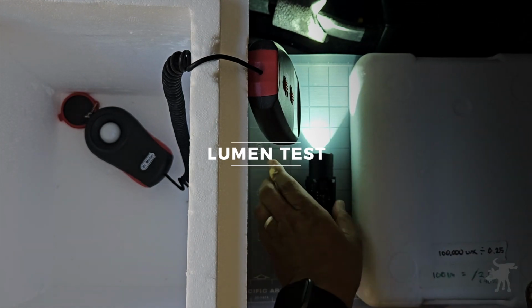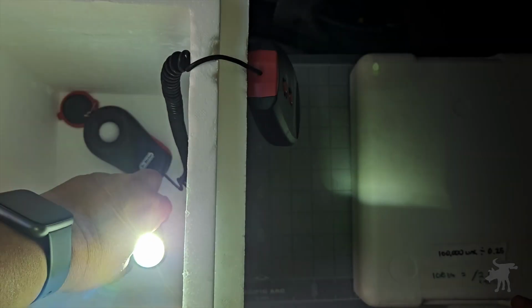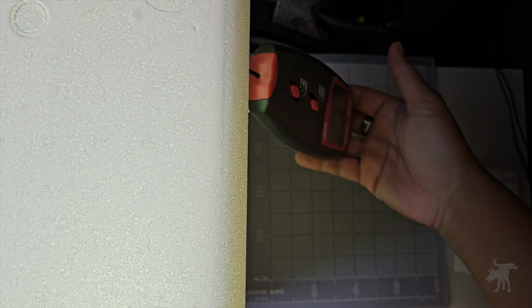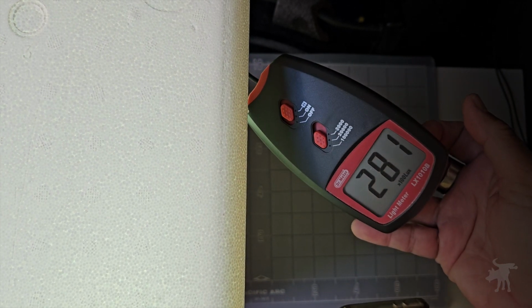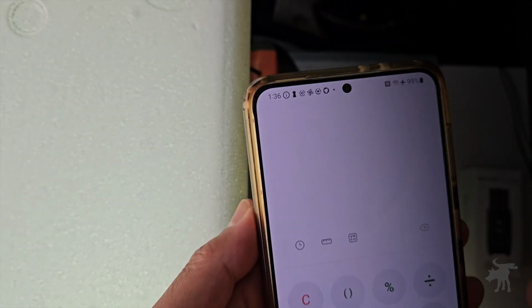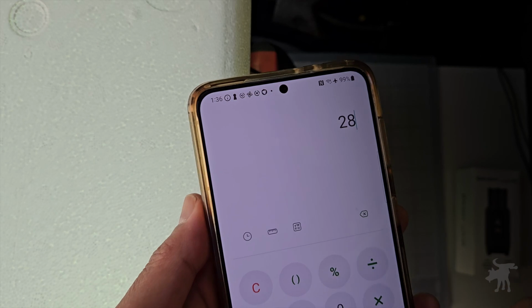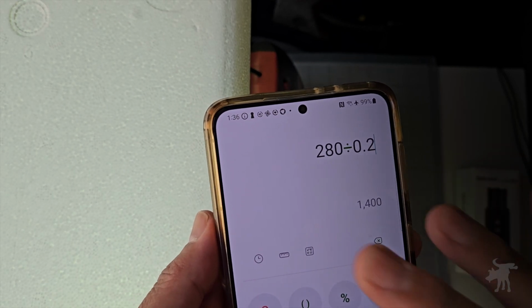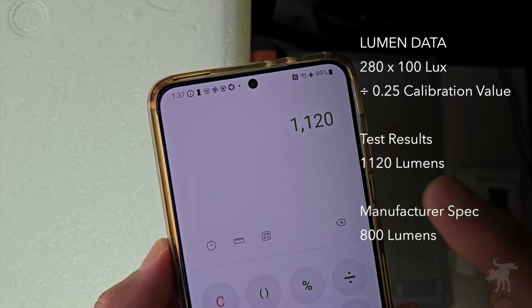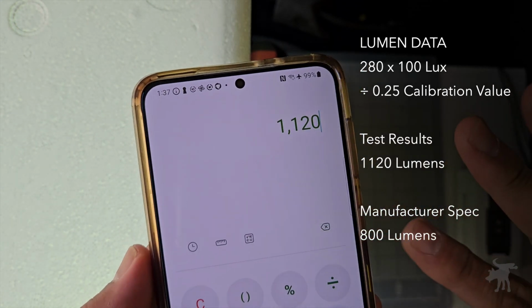Alright, so I've had this flashlight on for over 30 seconds to warm up its battery chemistry, and I'm going to place it into my not NASA designed testing rig here, but this has been calibrated to a known 100 lumen reference light. So let's see, we're getting a little bit of a drop. Let's just call it 280. And 280 divided by my reference number, and we are getting 1,120 lumens, thereabouts, so over 1,000 lumens,